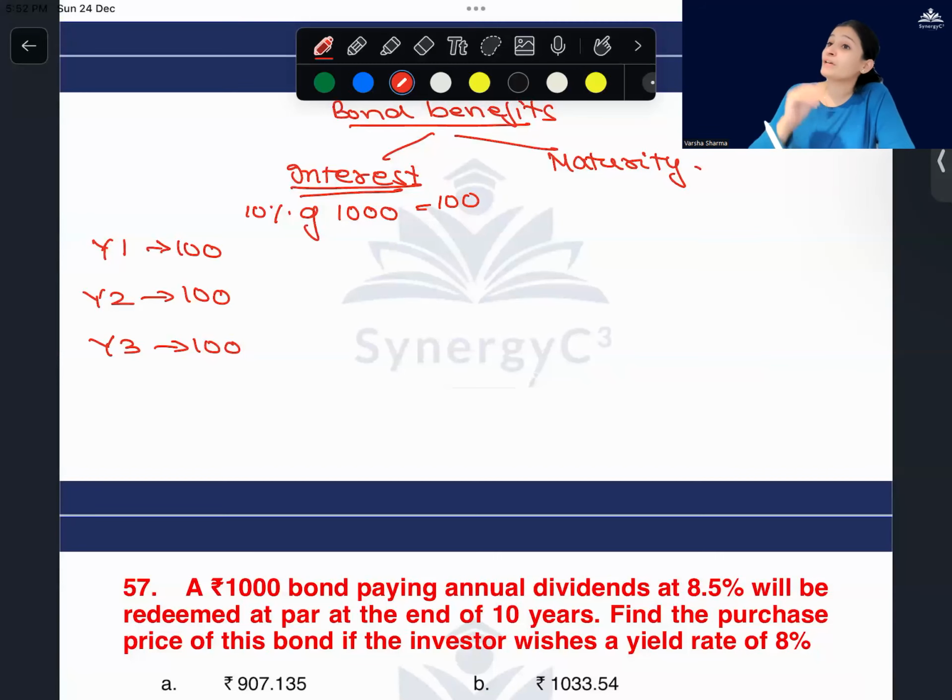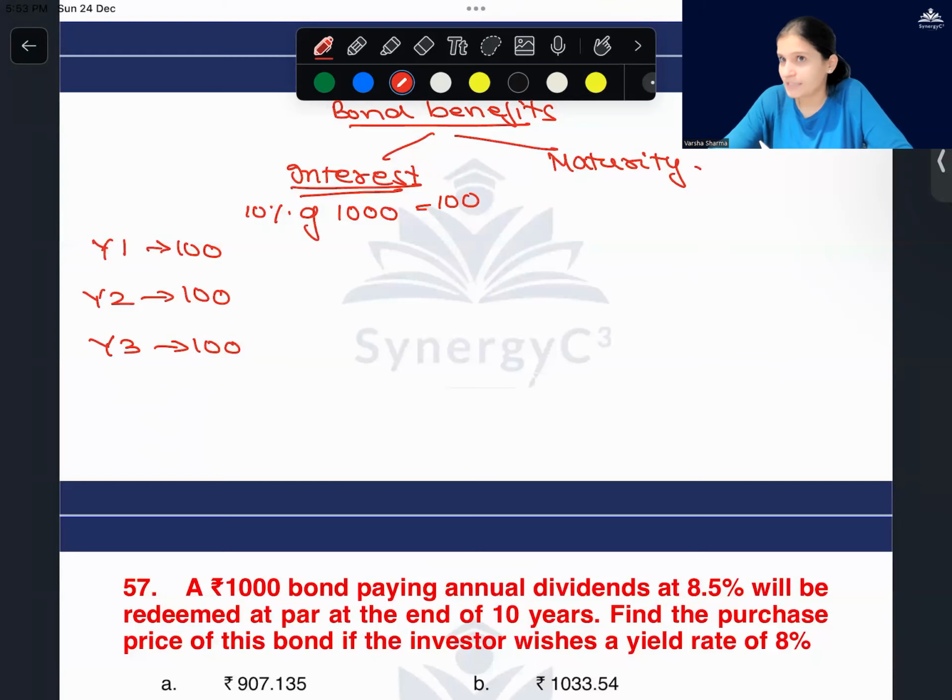But if they ask me whether or not I should buy this bond or I should give this amount of loan to the company or not, then I'm going to calculate what is the loan amount for which the company is giving me this bond or debenture, and what is the total earning that I'm having by holding this. If I'm getting a total interest plus maturity amount more than the loan amount, then I'm going to give the company the loan. But if it is less than the loan amount, why will I give it? I'm going to keep my money with myself.